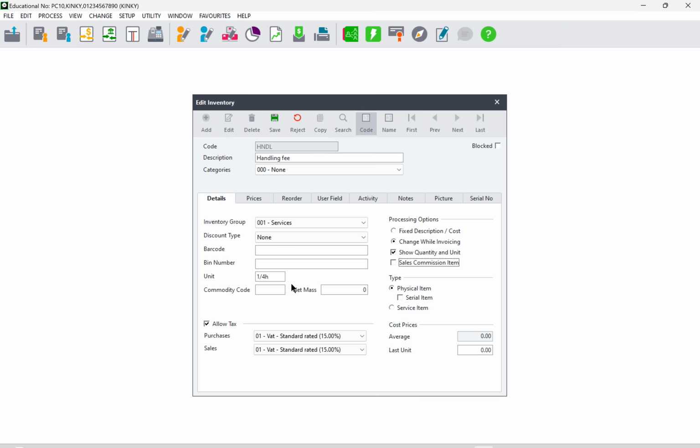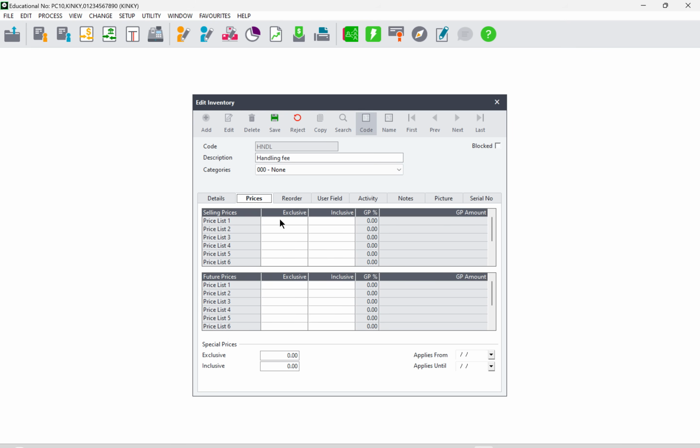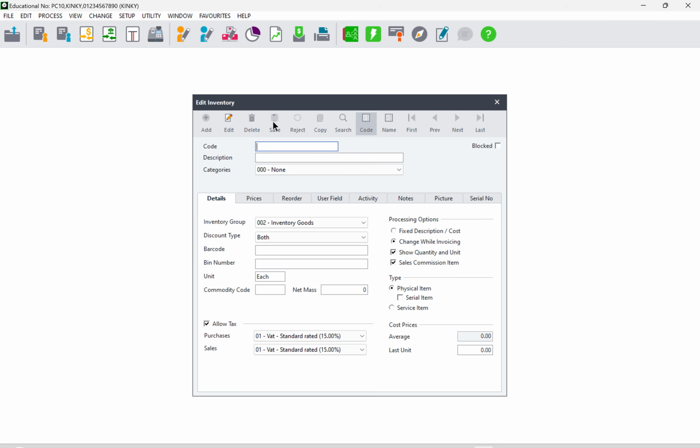It doesn't have the cost price, so it only has the selling price, which I'm going to put under prices. And how much is the selling price? It's going to be 25 exclusive amount. So that is where I'm going to put it. So once you have done this, you are going to save. All right, and then